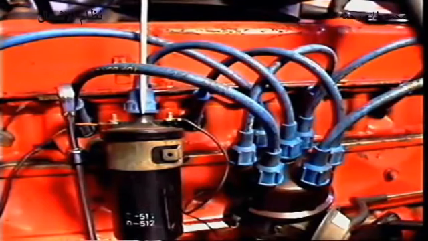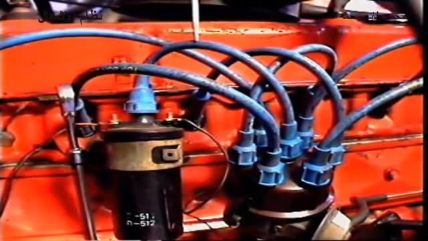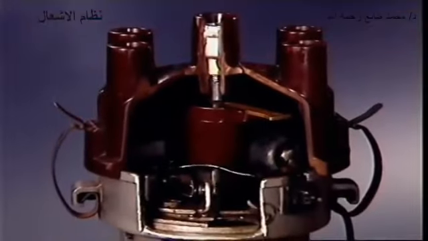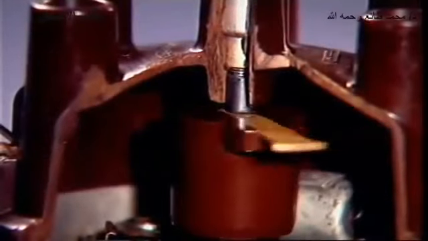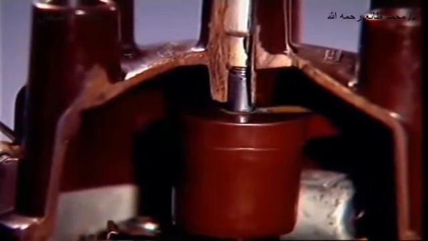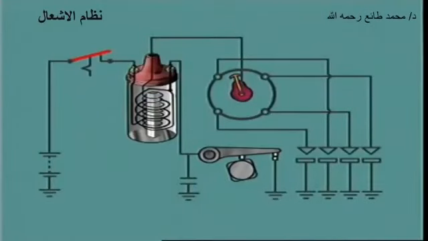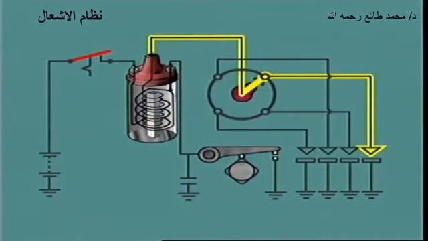The central coil terminal is then connected by a high tension lead or cable to the center terminal of the distributor cap. A spring-loaded carbon brush connects the terminal to the center of the rotor arm or button. This ensures contact is made with the rotor arm at all times, even when the engine is running. As the rotor arm rotates, it lines up with the segment inside the distributor cap, which leads to the spark